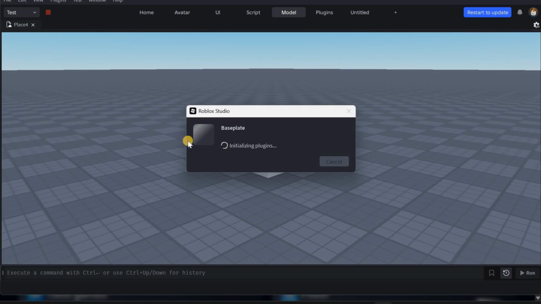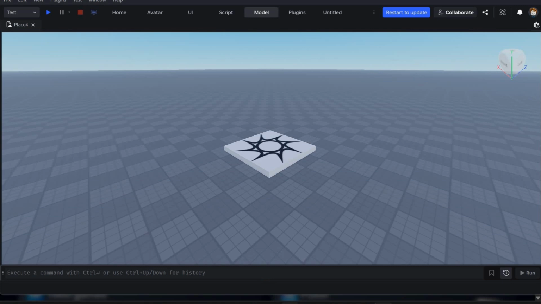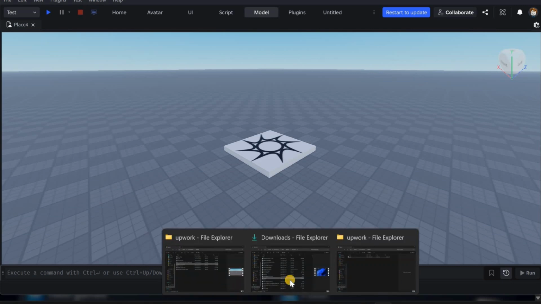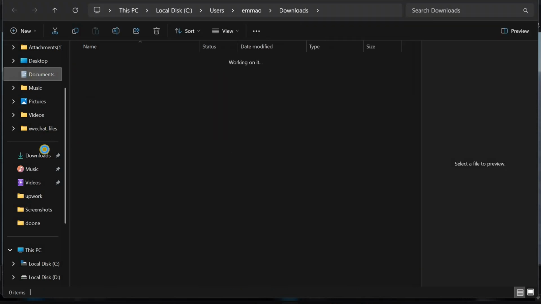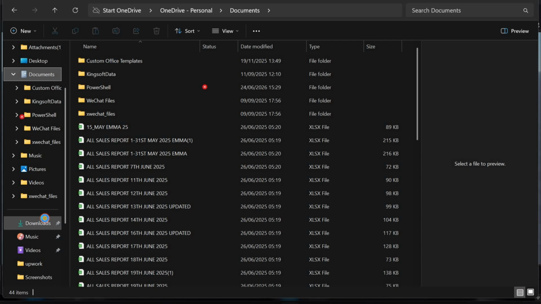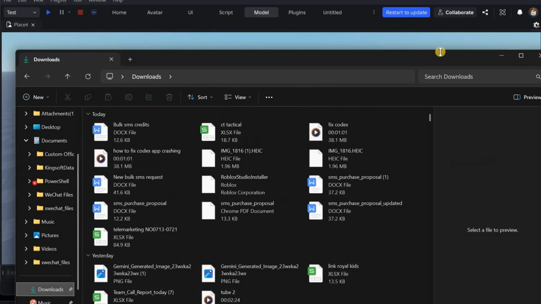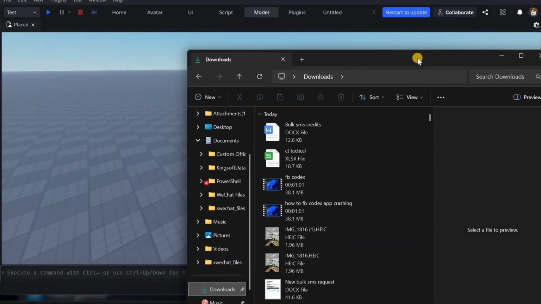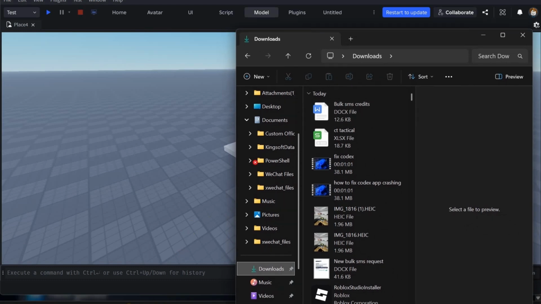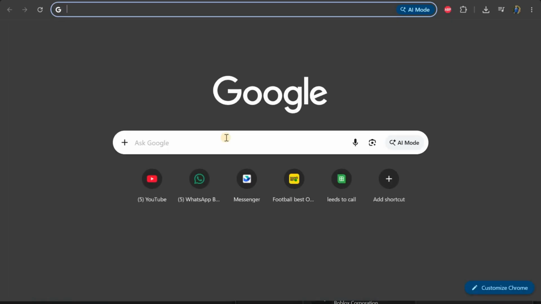Now to import a file into this, what you're going to do is quite simple guys. You'll have to come to the files themselves. Now let me come to this download folder. So I'll come to documents, or maybe I'll come to any other downloads. And then if you want to import a file, you need to choose a file that is compatible with Roblox Studio. Now, some of the files which are compatible with Roblox Studio, if I come to my Chrome over here,